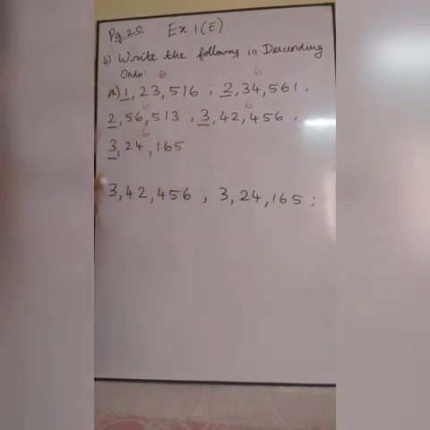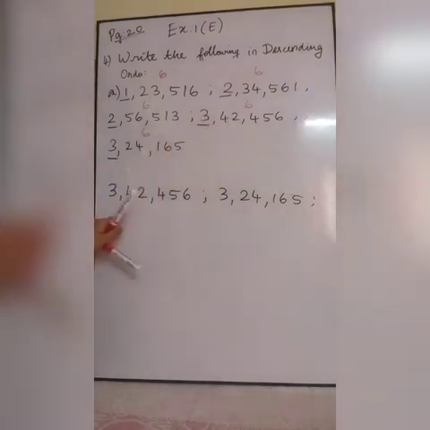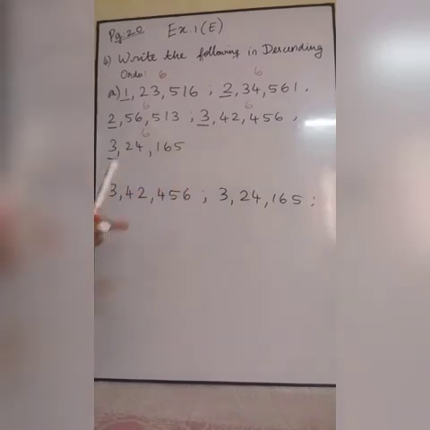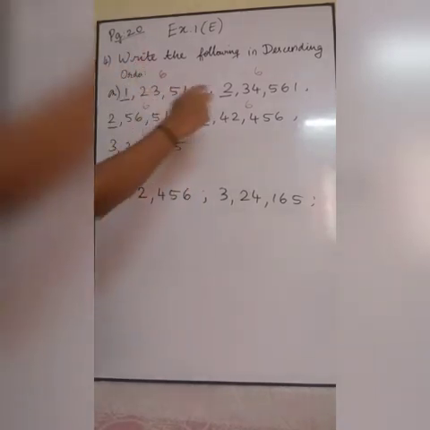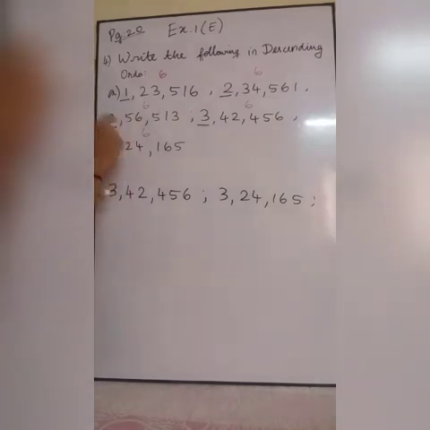So this will be obviously greater. So next I am going to compare 2 and 4. So 4 is greater. So this four number is the greatest number. After this I will write it. After that, which number should you compare? 2, 2 are the same. 3, 5. So which is greater? 5.